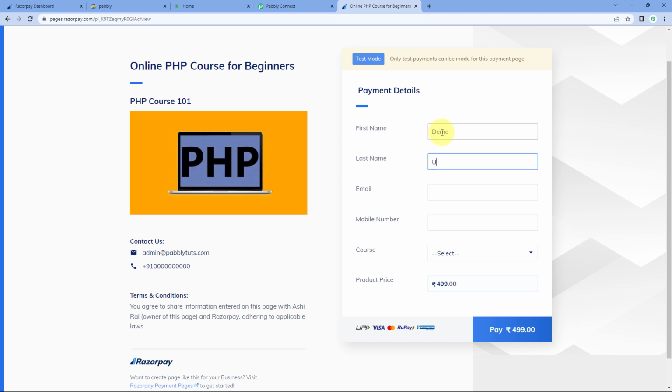For example, demo user. This is the name of the person. This is the email address. After this, let's add a mobile number. For example, this is the mobile number, a dummy mobile number. And then here I have added a field of course. And in this field of course, you will see the name of the same course for which we have created